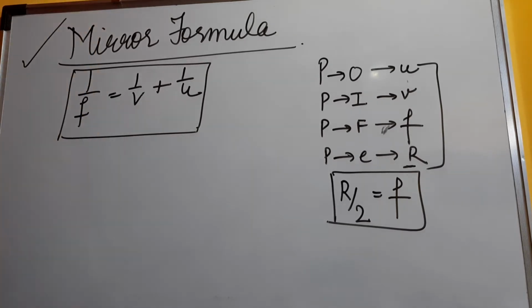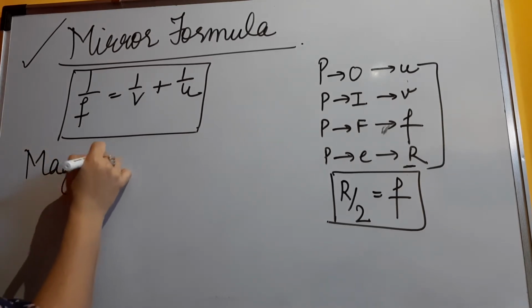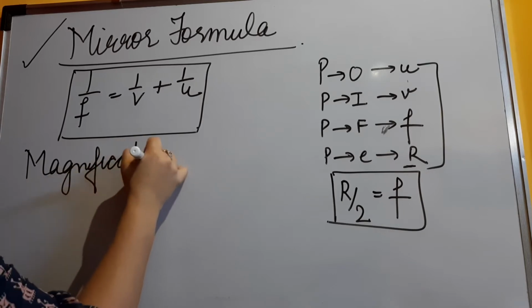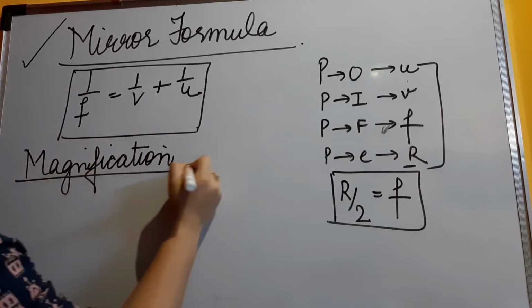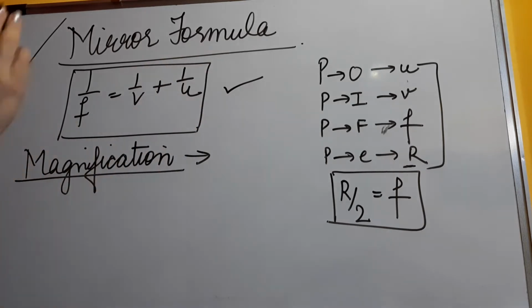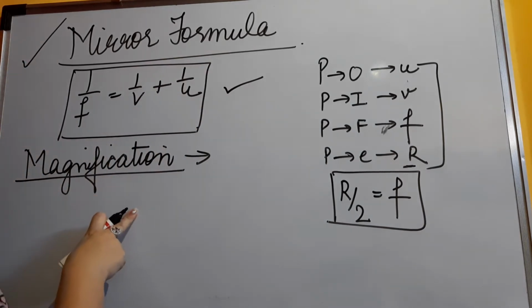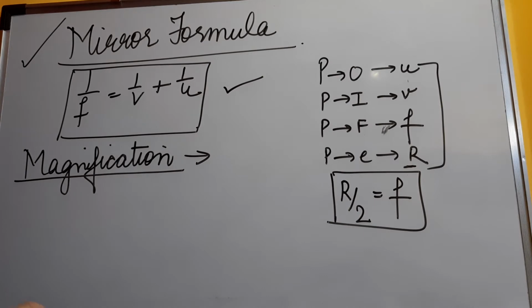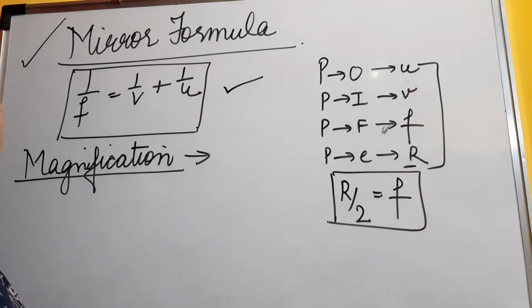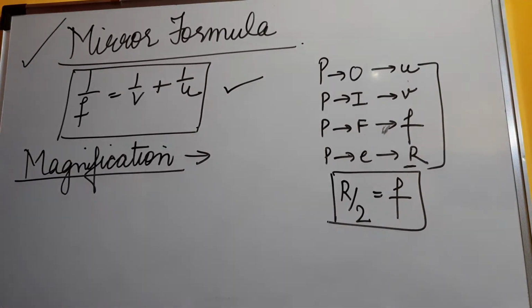Now apart from this mirror formula, there is one more thing which is known as magnification. Again, a very important concept. Why is it important? Because we have done all the ray diagrams, you have seen the mirror formula, and you have understood u, v, f, r also. So what does magnification give you? In comparison to the object that you have kept, if we compare that object with the image, what is the variation in size, whether the image which is formed is bigger, enlarged, or diminished, like we had discussed in the case of ray diagrams.